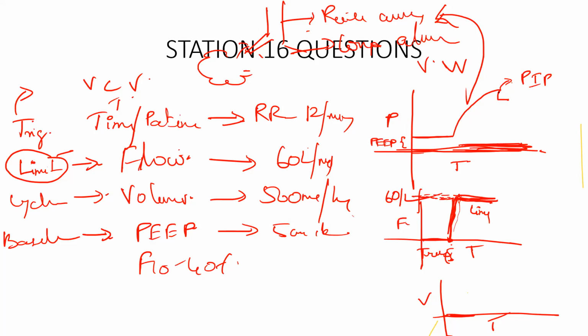Next, after reaching the peak inspiratory pressure, the lung has to overcome the resistance offered by the alveoli. Now it has to open up this balloon. That pressure to open up the balloon is called the plateau pressure. So peak inspiratory pressure is affected by the airways, and plateau pressure is affected by the alveoli.